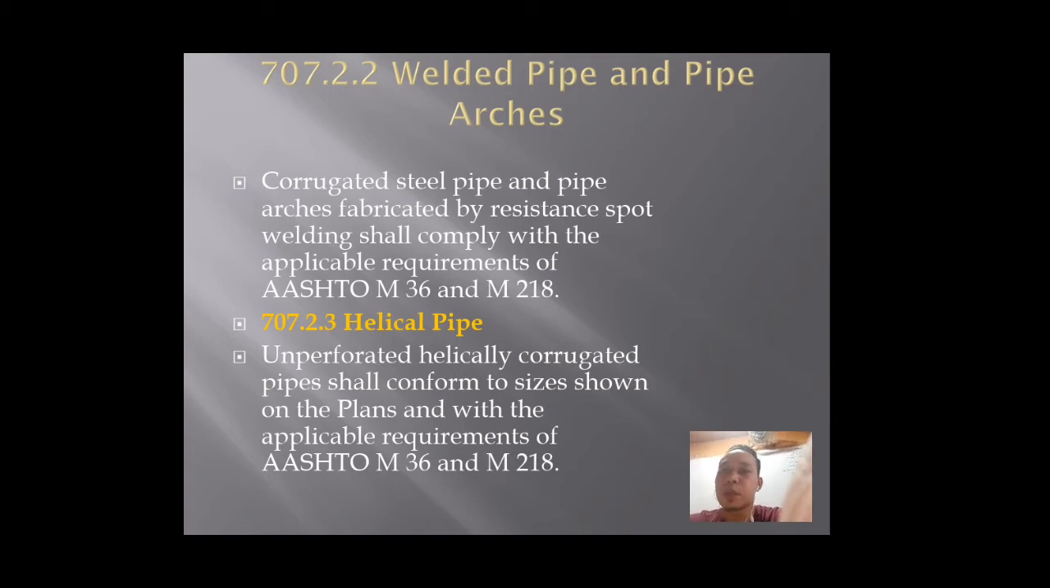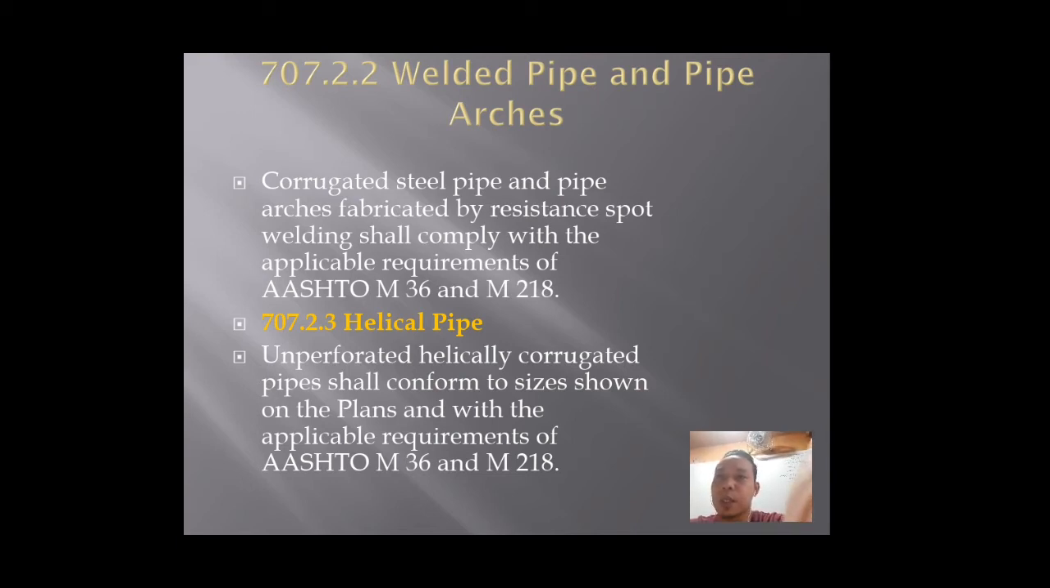707.2.2 talks about the welded pipe and pipe arches. So corrugated steel pipe and pipe arches fabricated by resistance spot welding shall conform with the applicable requirements of AASHTO M36 and M218. So in this item, to be able for us to know the repair that we're going to do. So the next sub-item is